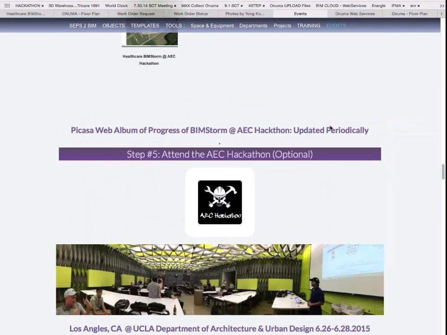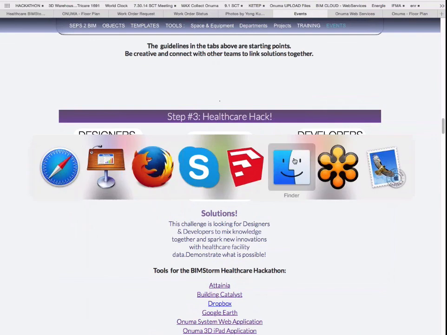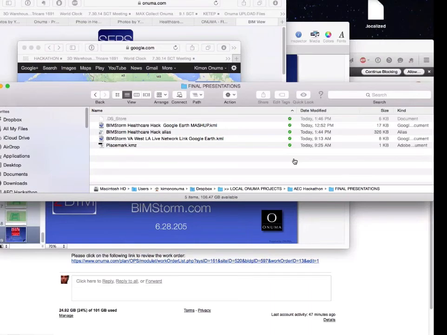We split it up into design teams, designers and developers. We said this needs two sides, the domain expertise about buildings and the developers that can do stuff with data. We want to marry the two together. And then the